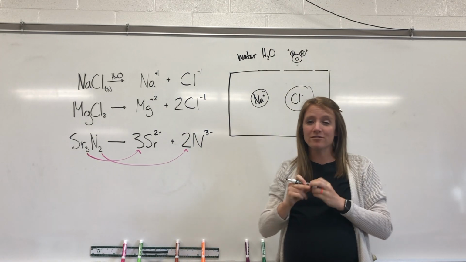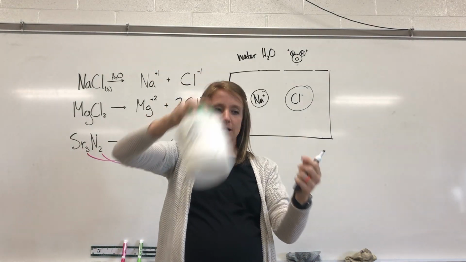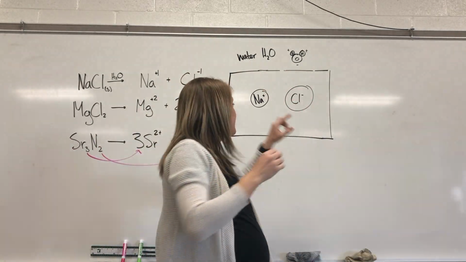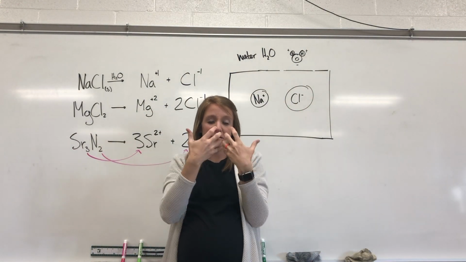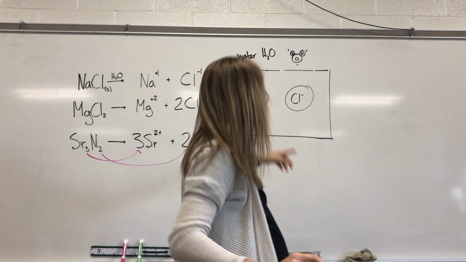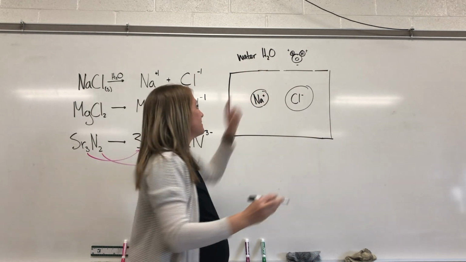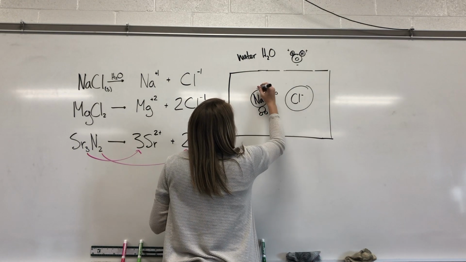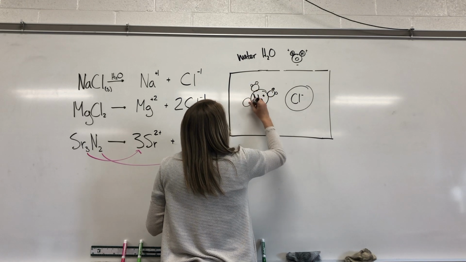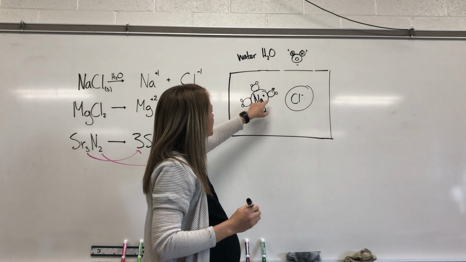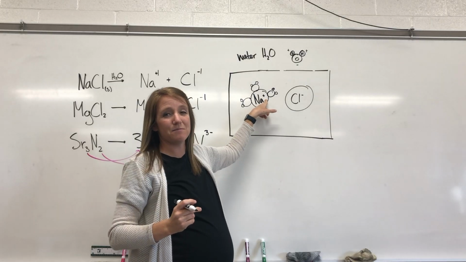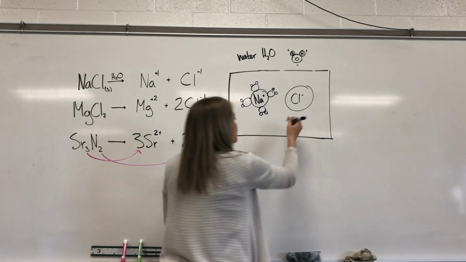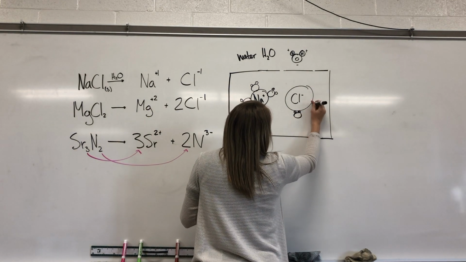And so what happens is when your salt, so this right here is salt, okay, so when I pour it into water here, if I were to do so, they would separate because of the water's little magnet, and it pulls them apart. So since sodium is positive, it's going to be surrounded with water like this, where the negative side of the water is attached to the positive sodium. The chlorine is negative, and so notice the Mickey Mouse is going to be flipped, where the hydrogens are attached